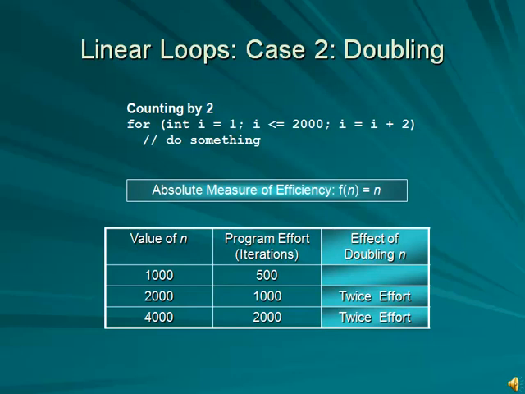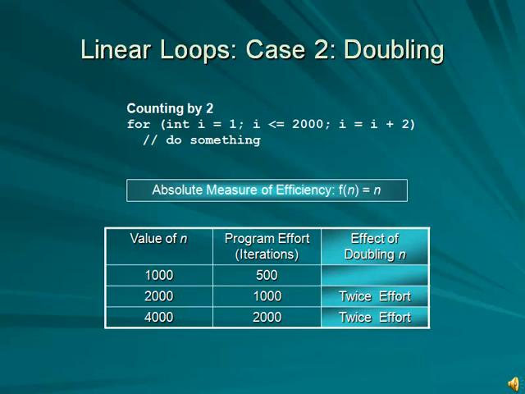This is important. Notice that the effect of doubling the value of n, that is, moving from 1,000 to 2,000, means that we double the effort. We're going from 500 to 1,000. And similarly, when we double the value of n yet again, going from 2,000 to 4,000, we double the effort